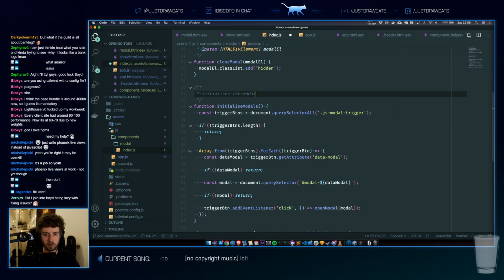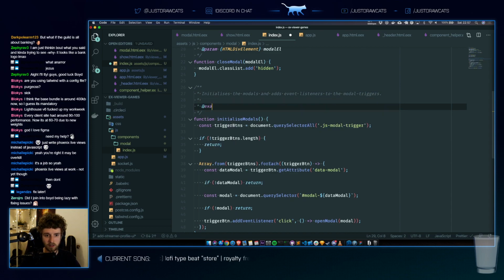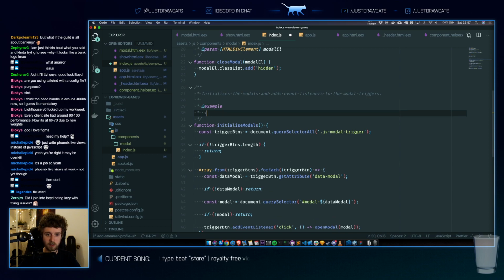Initializes the modals and adds event listeners to the modal triggers. Example: button type button class equals is-modal-trigger. Click me button.